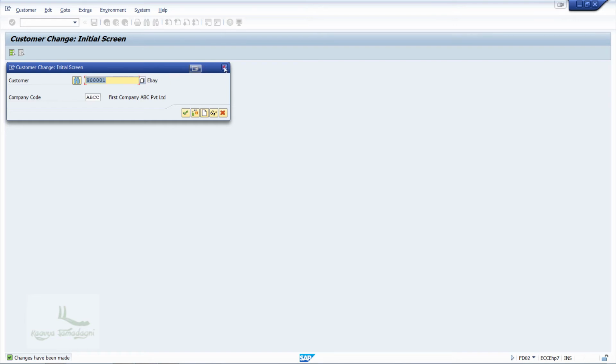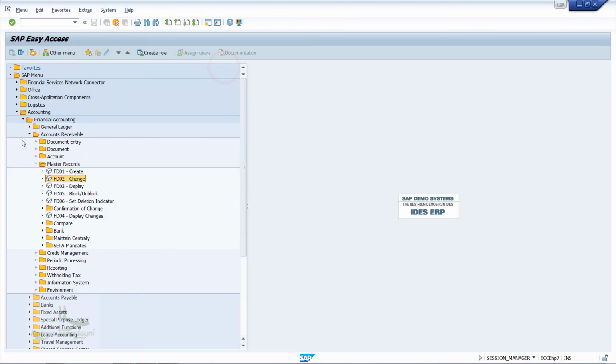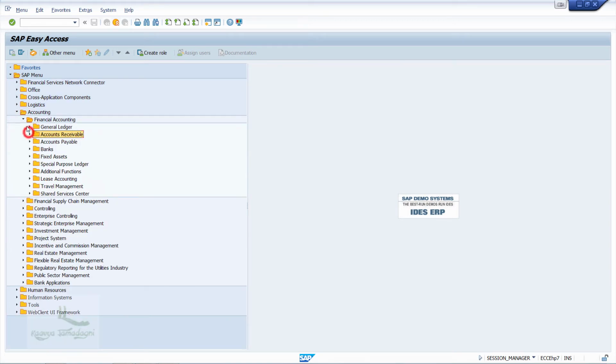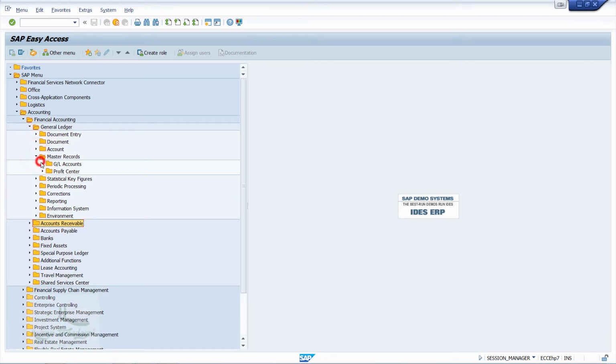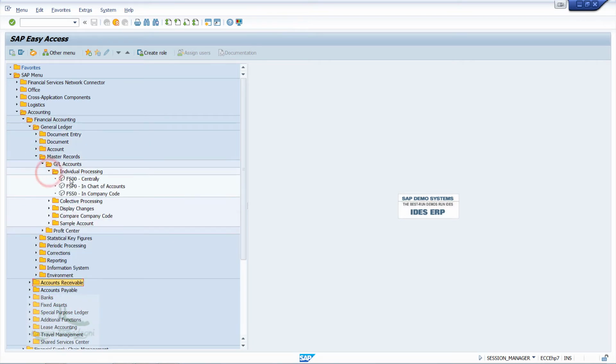After the assignment, we need to create the GL account for customer discount under expenses. Here, I'll click on the cancel button so that this will take me to the SAP Easy Access screen. From here, I'll go to T code FS00.